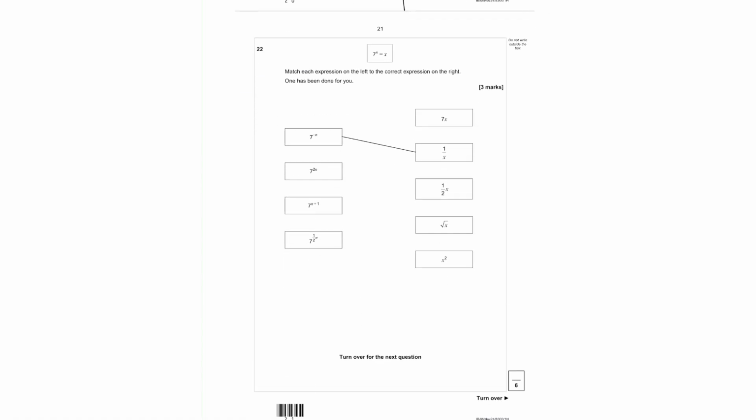Moving on to question 22, and we can see that we've got this expression 7 to the power of n equals x, and then we just have to match up each expression on the left to each expression on the right. So the key here, we only need to remember two things about indices to make this work. As a general rule, x to the power of a times x to the power of b equals